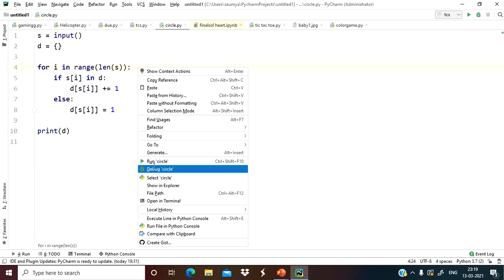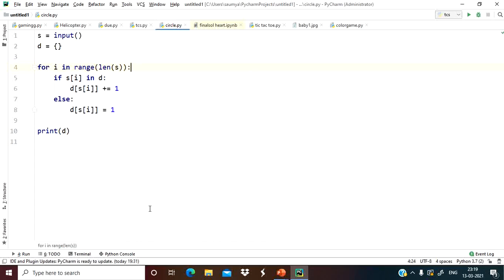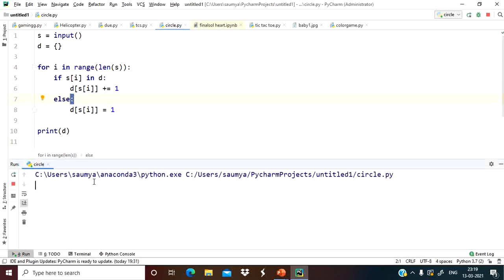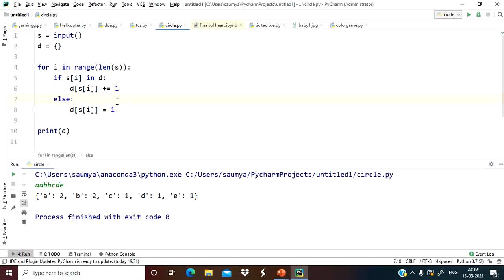So let's first run our code. I'm giving A, A, B, B, C, D, E. You can see A has been repeated twice, so that's why we are getting A2, B also 2, C1, D1, E1, right?